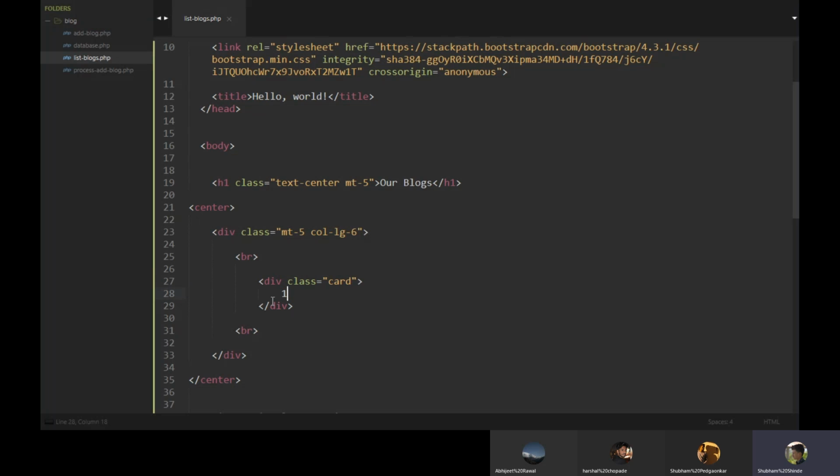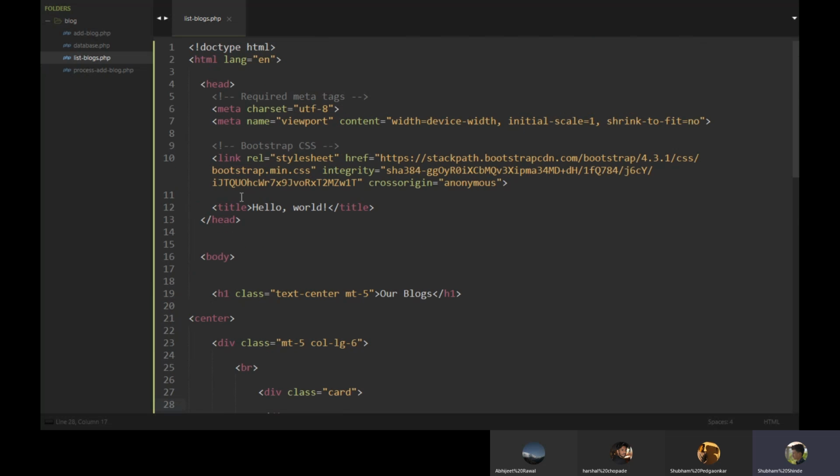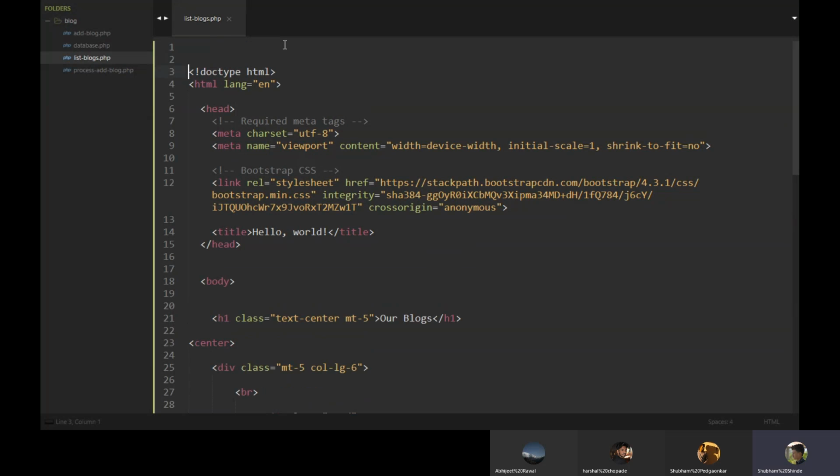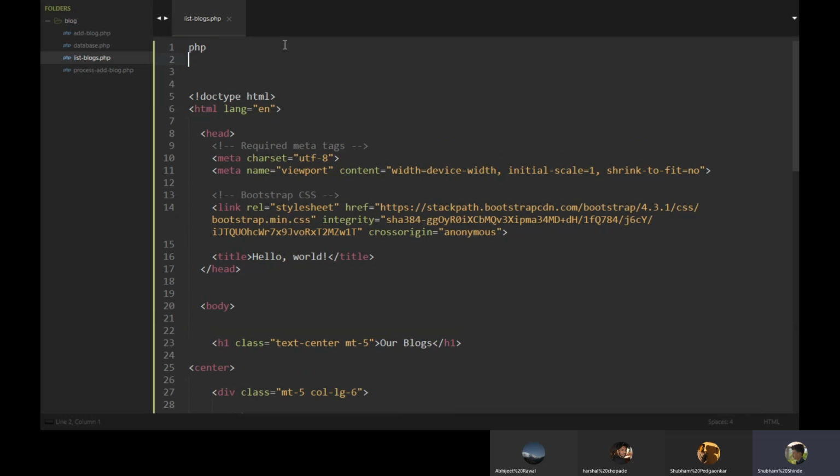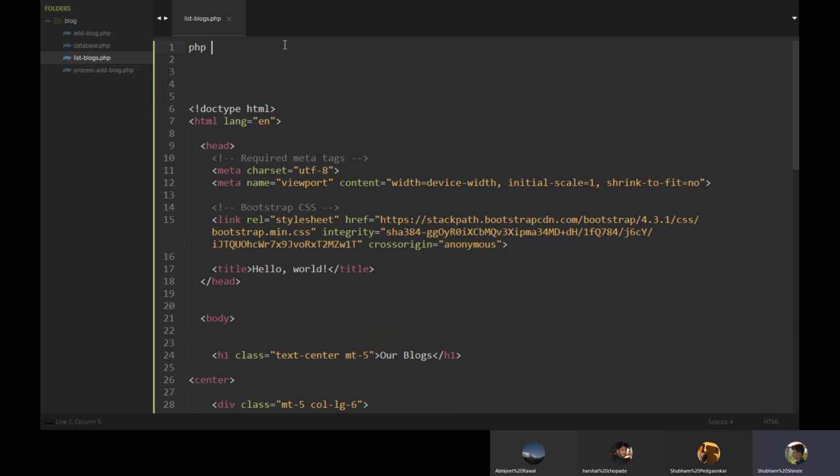So let's define the query and include the database. At the top we will include the database file, which will give access to the database connection variable. Just a minute, let me close it and reopen it.